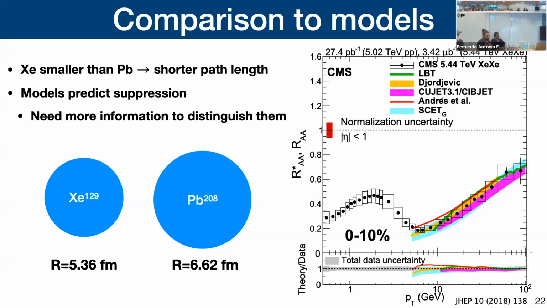But what I want to point out is that when we compare the models, you can see all the models are able to predict the data, mostly because a lot of them were tuned with very similar previous data. However, what that means is that this observable doesn't have a large amount of distinguishing power between models, right? So we need other tools in our toolbox in order to learn more about how to distinguish various models.